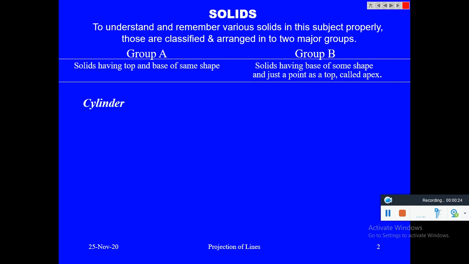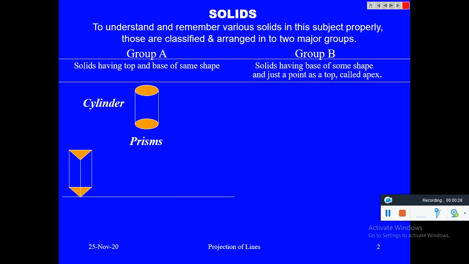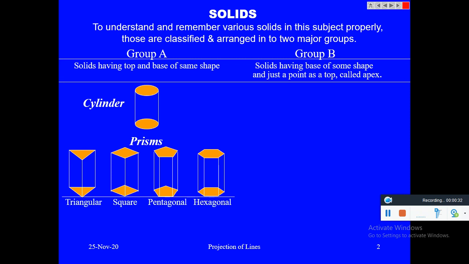Group A: solids having top and base of the same shape, like cylinder, prisms, etc. So first is a triangular prism, a square prism, pentagonal prism, hexagonal prism, etc. And group B